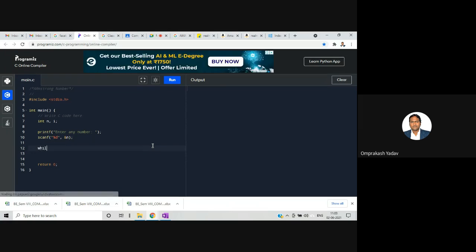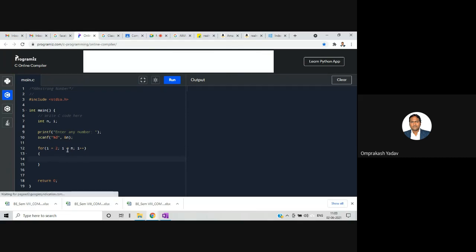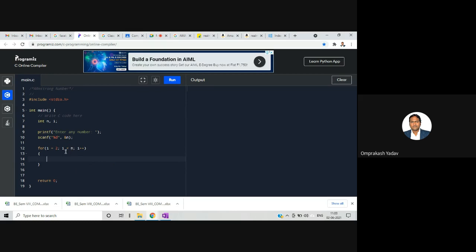Now I'll write the for loop. Here I'm saying for I is equal to 2, I is less than n, I plus plus. I hope you know why I'm writing I less than n, because I don't want to go till that number, right? I want that when I reaches that number itself, the loop should terminate. Here I'm doing: if n mod I is equal to 0, the moment I get this, I must break.